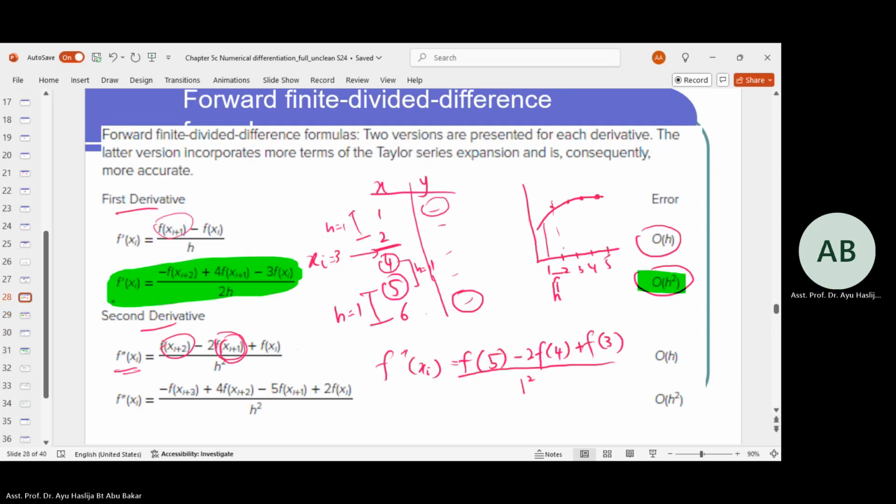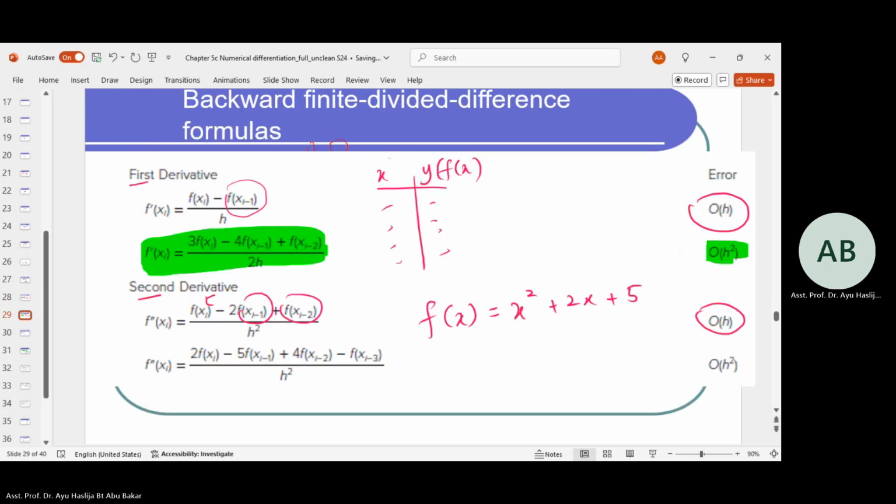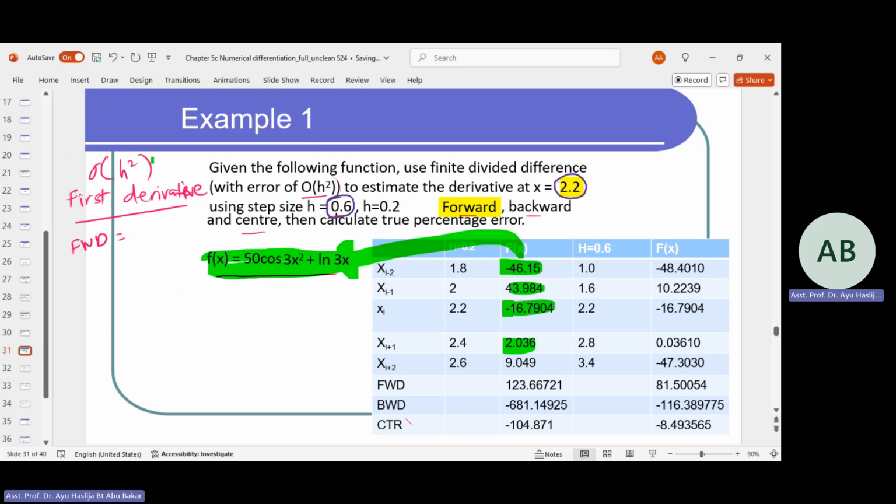This one. Okay, take note on the negative sign in front. Don't leave it out. Using that first derivative equation,